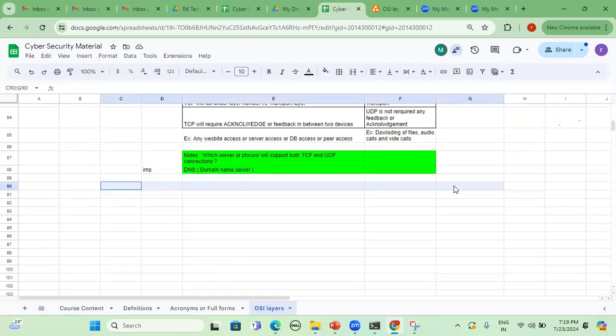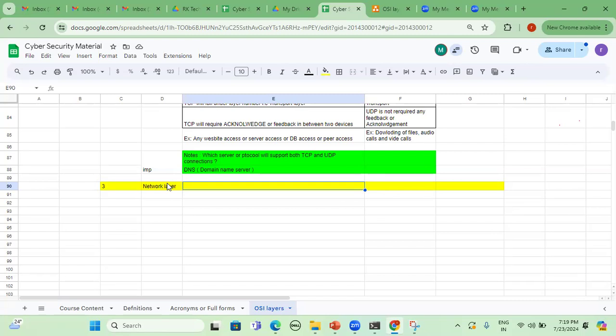So next layer I'm moving to, as per the OSI reference model. Layer number 3, it is the network layer. What will the network layer do? It will provide, in between peer-to-peer devices, path determination, routing, and also logical addressing, so that the recipient will receive the data in the form of IP packets. That can be done by the network layer.